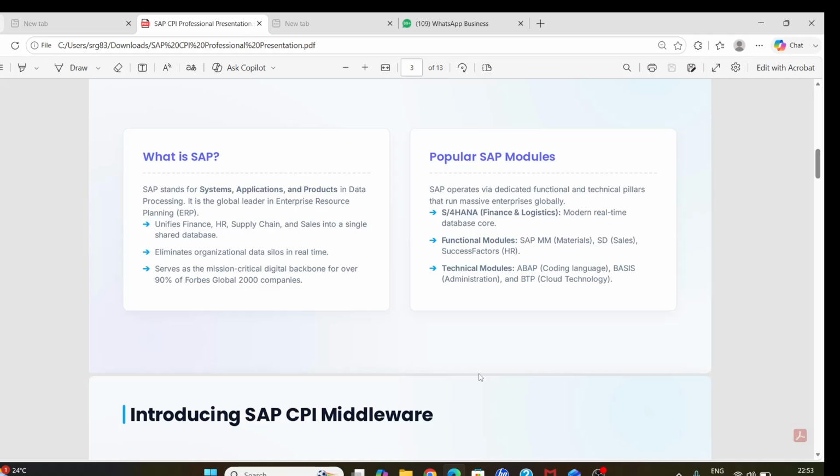Here is the critical problem: because a company has so many different systems, both inside SAP and outside SAP, how do they speak to each other? That is where integration becomes mandatory.